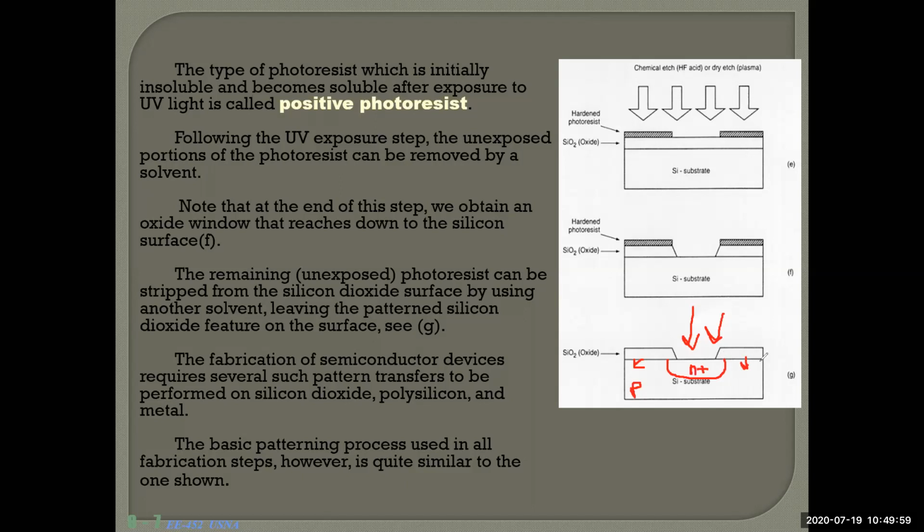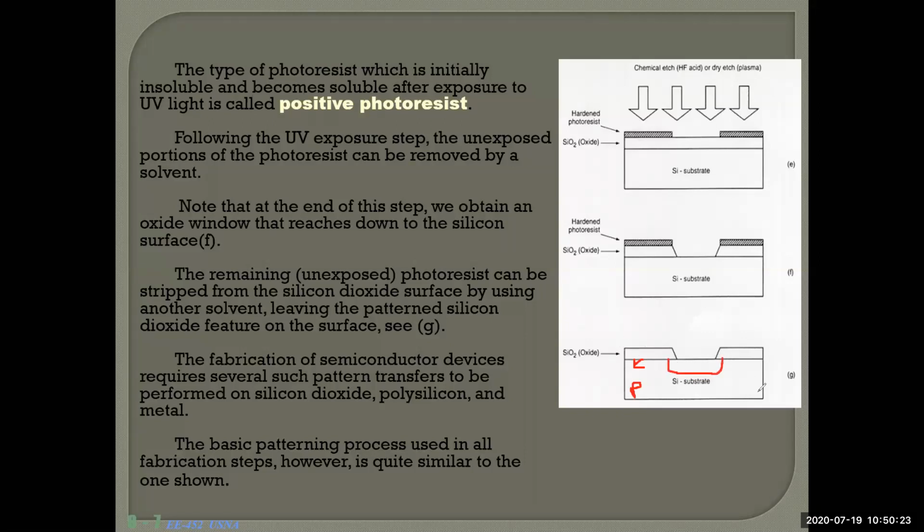Got my point? That is covered. That's why that material will not go there. That material will only fall here, and that will be sucked into it. Sucked into it means what? That will be absorbed by this part, and what will happen? There will be an N well, N type material. Okay.